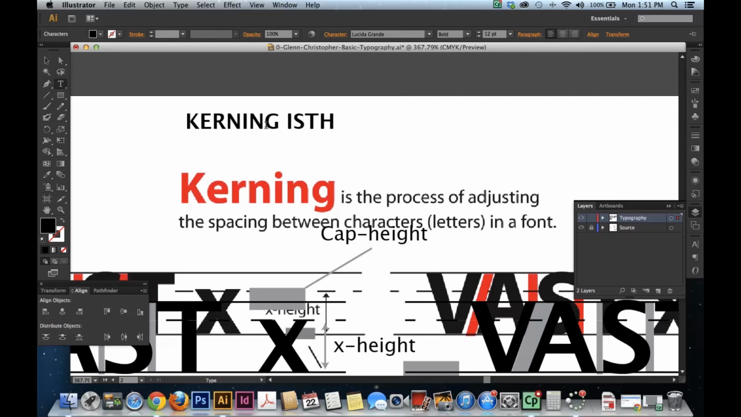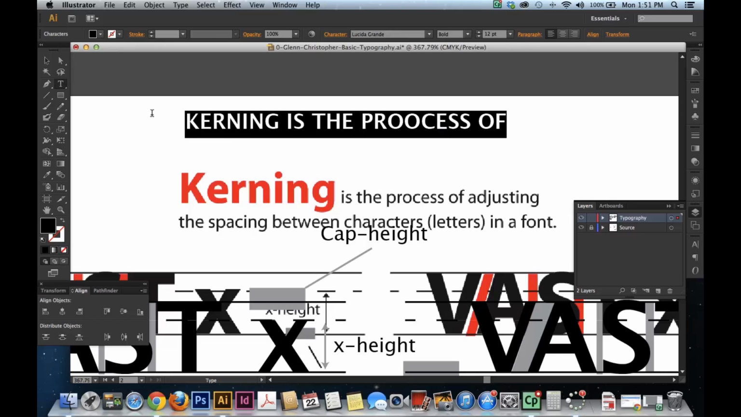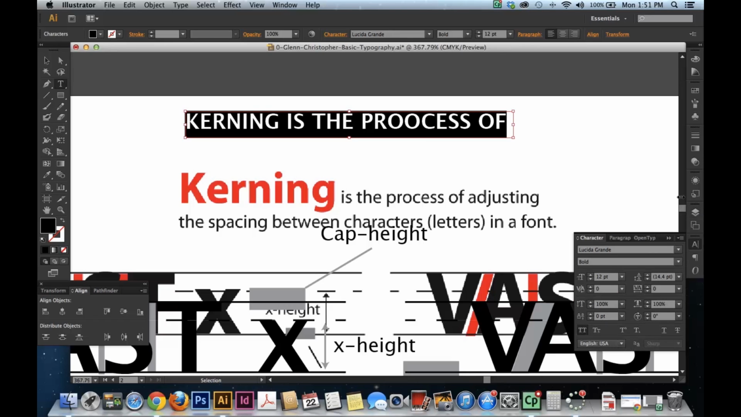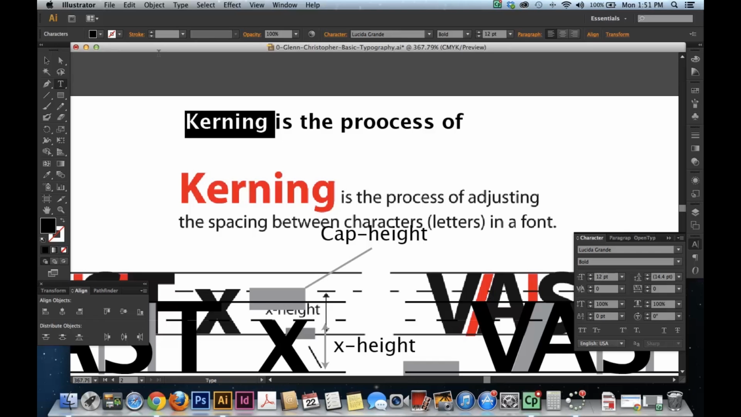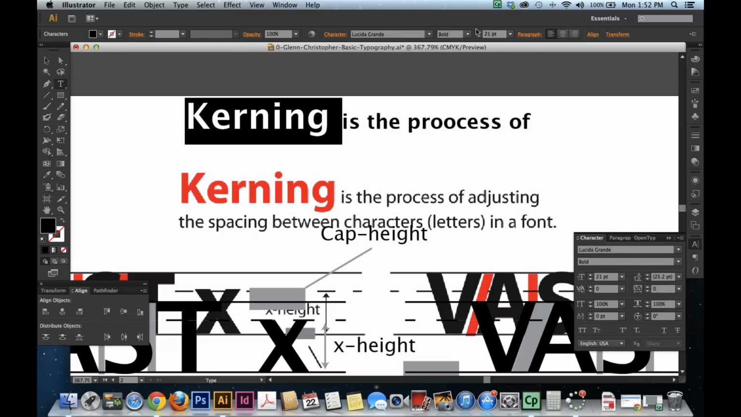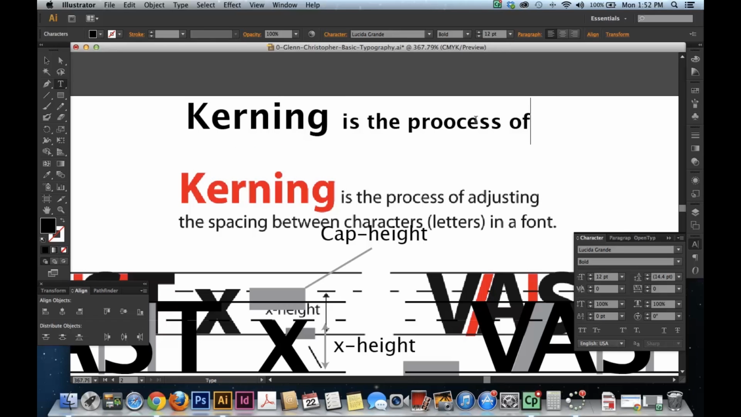Kerning is the process of... and what we'll do is we'll select this. I'll open the type tool. That is Command T, opens up the type tool, and we'll change it to lowercase. And then we take this word here, and just make it a little bit bigger. After the